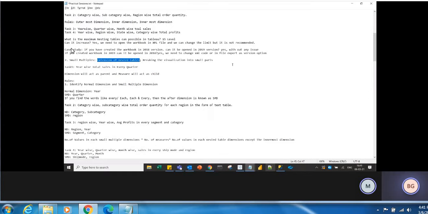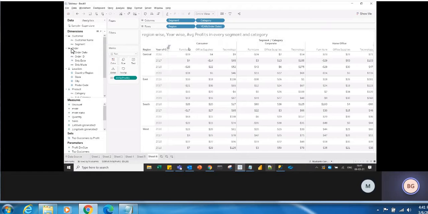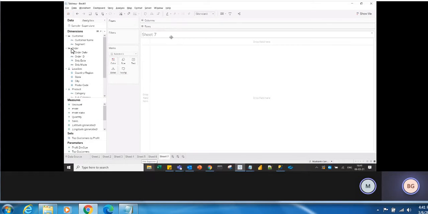So even nested tables you can do with small multiple dimensions. How will you do that? Even if the question doesn't say each and every, it says region wise, year wise. But you should know what the small multiple dimensions are to drag them here. So you need to understand the question very carefully. If you understand the question, then it is not much difficult.